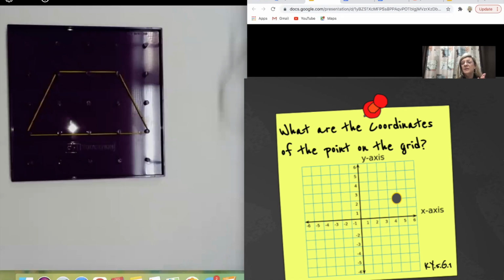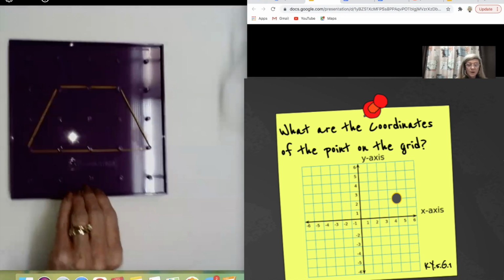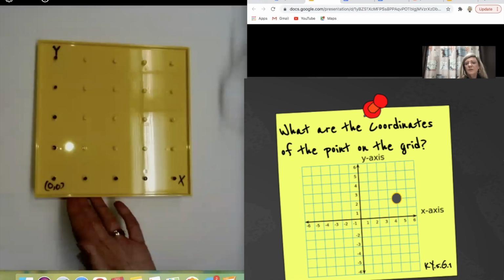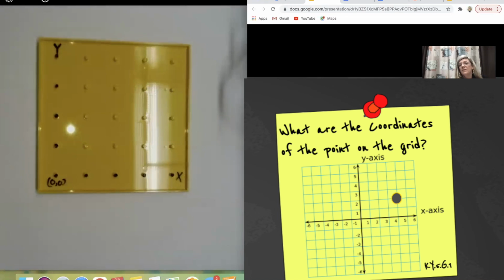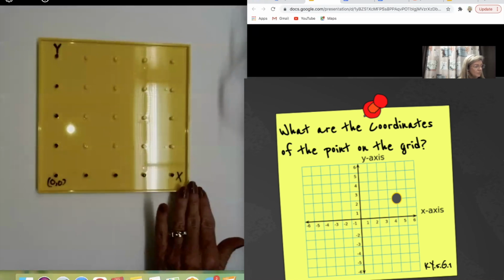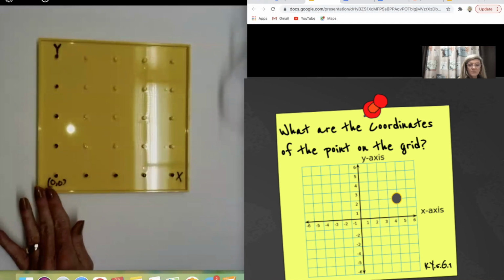They're going to need to know the y-axis and the x-axis. Those types of things are still going to be required to know. But what I was thinking is this geo board, and of course I would keep my numbers really small like I did for us up here, is perfect for that. So what I did during lunch, I thought, hey, this will work. So I took my little geo board, I took my dry erase, and I plotted my y-axis and I showed my x-axis. This is 0, 0.